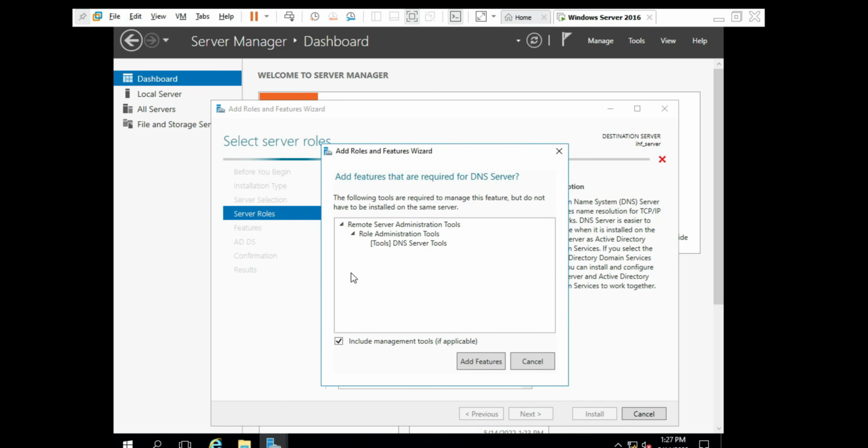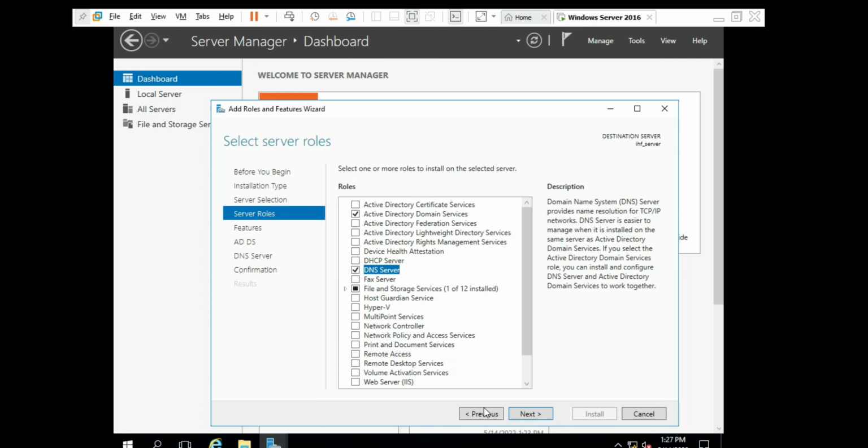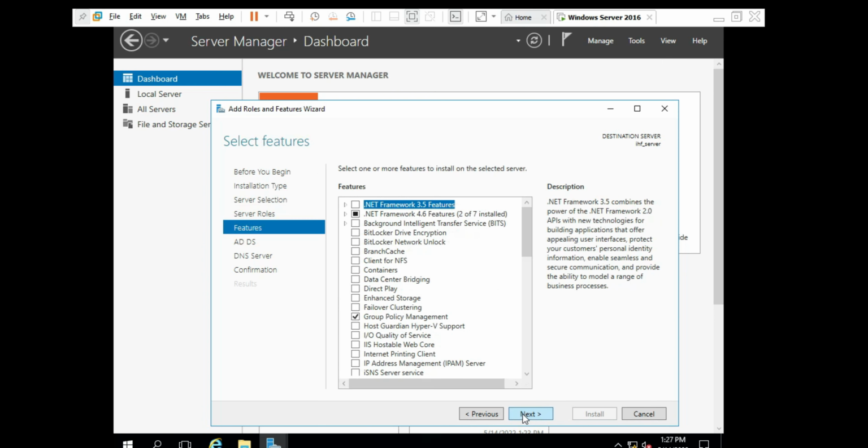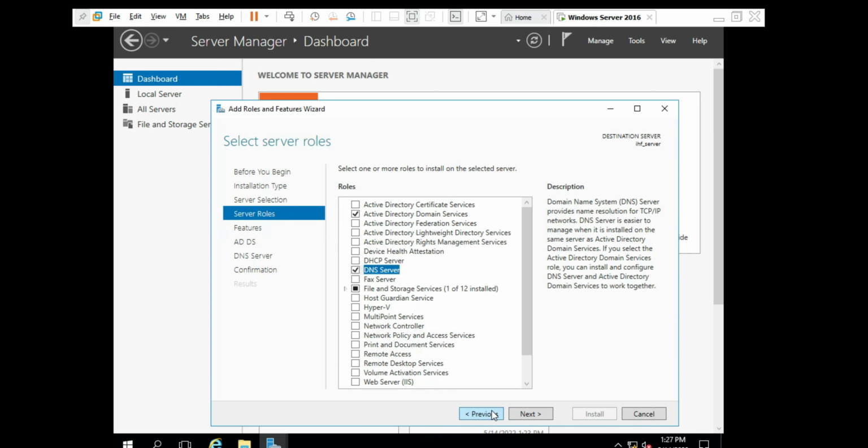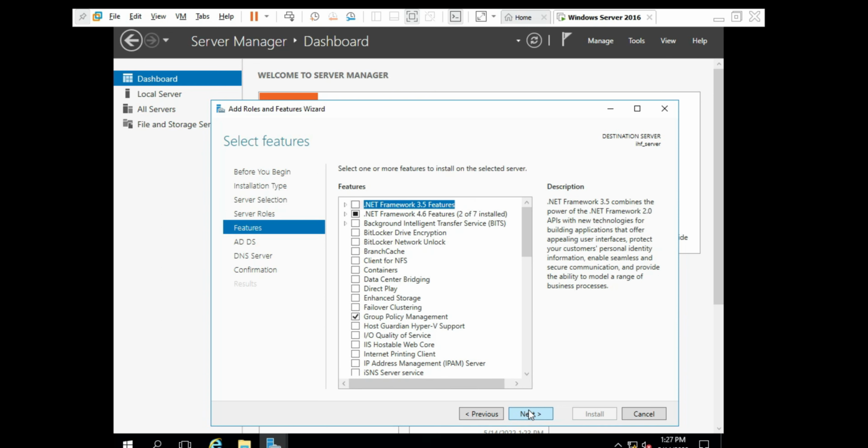I will also select DNS, Domain Name Service, and then press next. Before you check here, these two features: Active Directory Domain Service and DNS server. Okay, and press next. Nothing to do here,